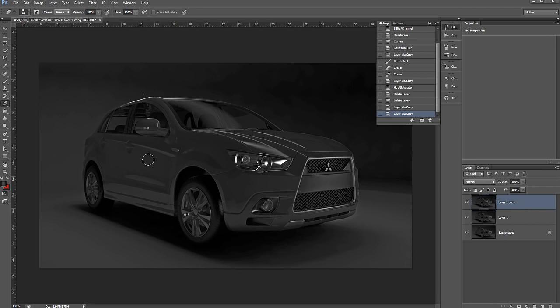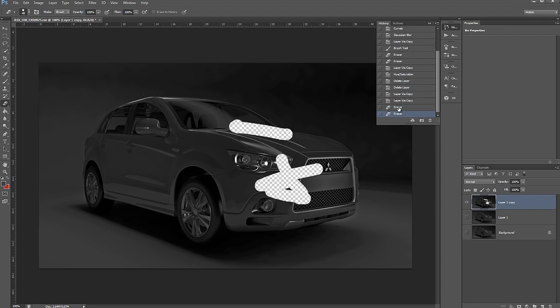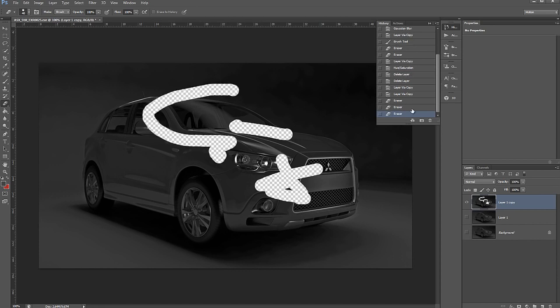So I could take this top layer, I could use my erase tool, just isolate that and just start erasing things out, and you can see that I'm actually adding to the history. Now there's a finite amount of history entries that are possible here, and that of course is relative to your preferences in Photoshop. But it's the architecture, it's the scenario that this is built on, this history-based scenario and the